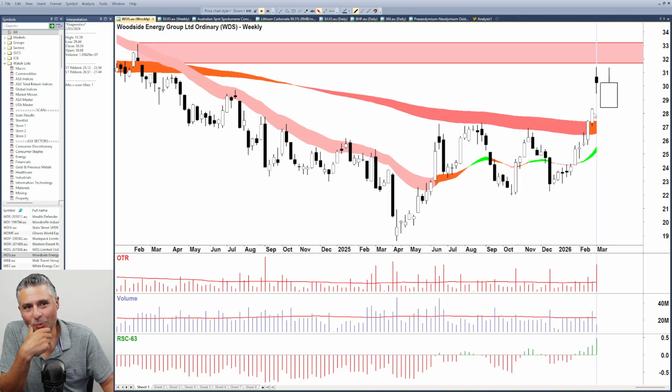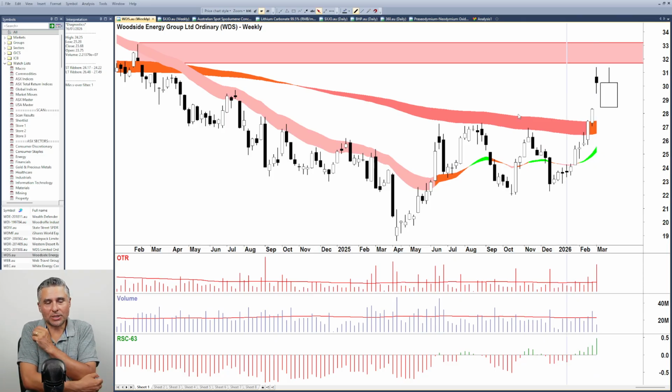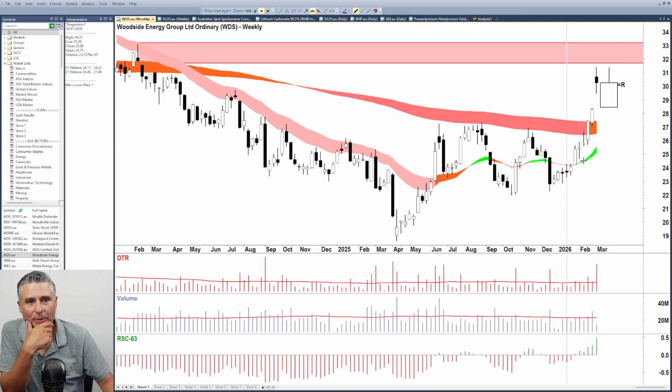But if we think about what really happened, this candle is not perfect either, because it could have closed all the way up here. Of course, it didn't, right? But it's far better, and I think it certainly warrants giving it more leeway. So equals R for me, but we're not plus R, are we? We're not plus R at this stage.